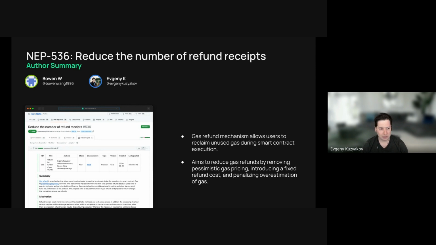There are a few types of refunds that we have. First, and that's the very simple one, is a refund in Near tokens. So imagine you're transferring tokens to an account, but that account doesn't exist. In this case, we refund the tokens back to the predecessor, the one that sent the assets.